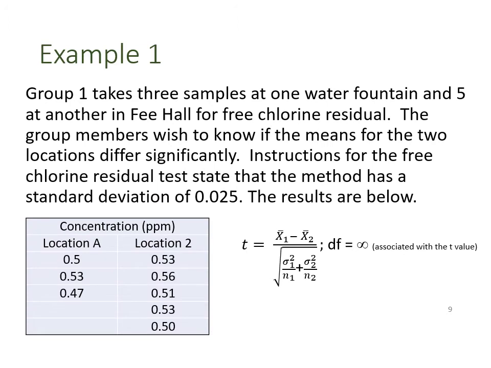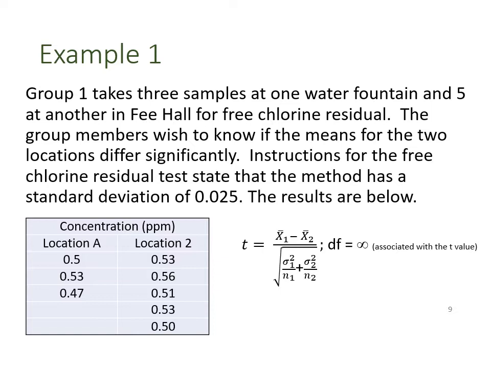So let's look at an example. Send out a group of 480 students, and they go and take 3 samples at one water fountain and 5 at another. They're measuring these samples for the free chlorine residual. And the group members wish to know if the means of the free chlorines at the two different locations differ